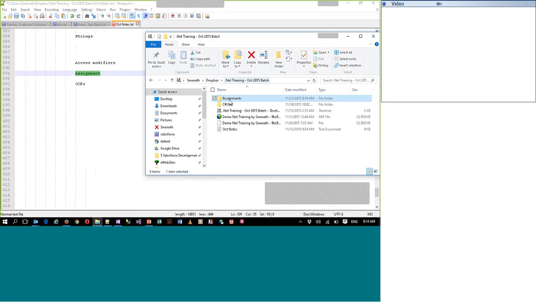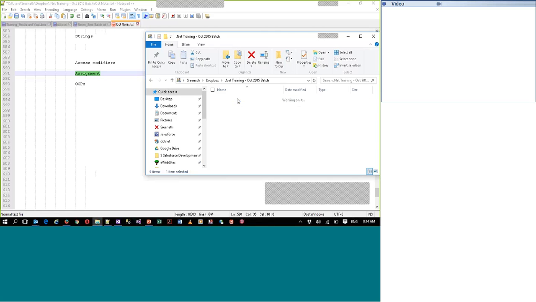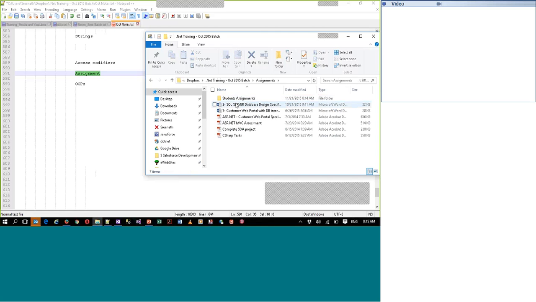Here in the same folder, I have created a separate folder called assignments. I'll sync it. It is a Dropbox folder. Inside these assignments, you can see there are many assignment folders. They are related to altogether different topics, like C Sharp, ASP.NET, MVC, or SQL Server. All the topics which we are going to cover, every assignment is here. Now, don't worry about all the others. The first one we are going to start with is